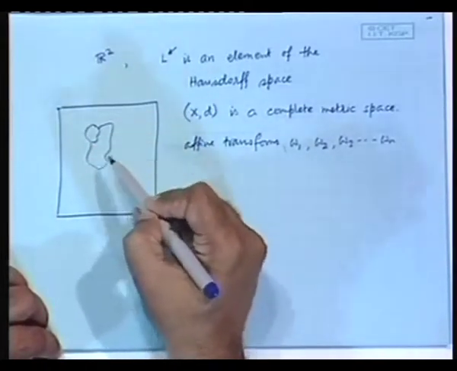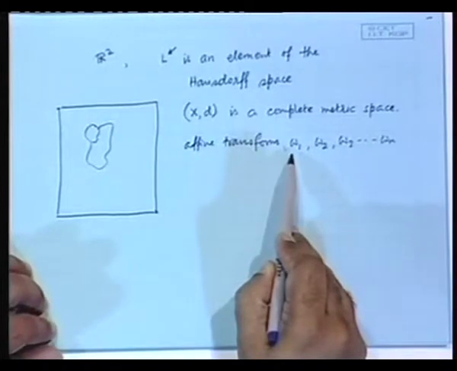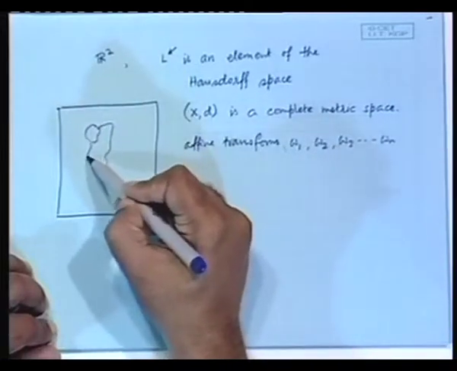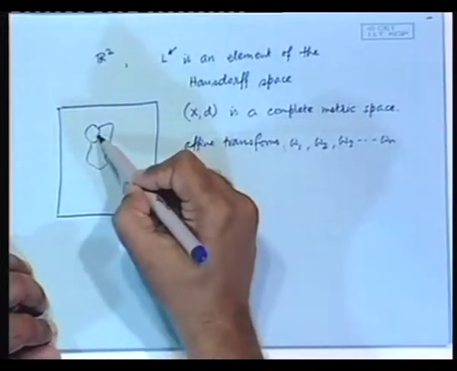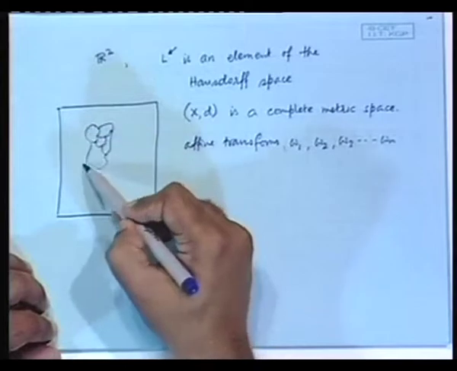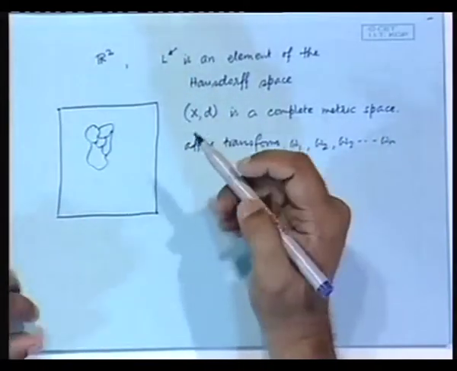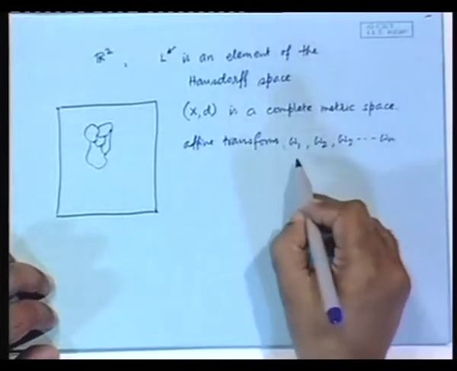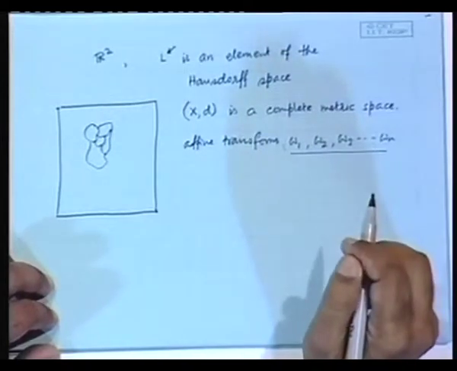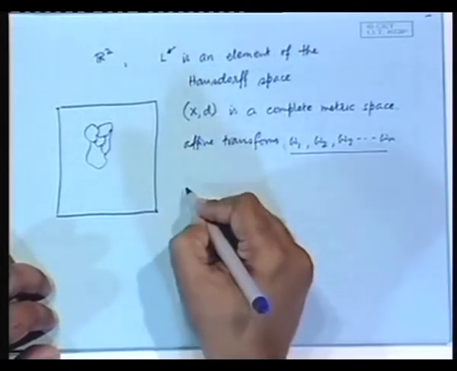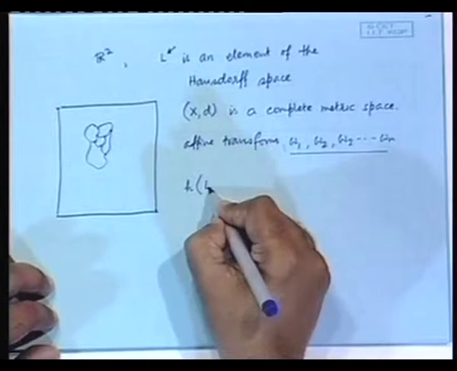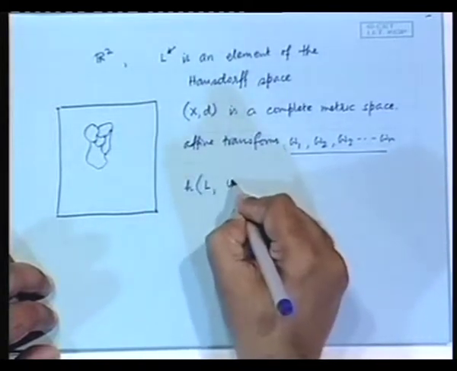So, the whole set, when operated on by the matrix or the affine transformation W1, gives a subset of the original set, W2 gives another subset of the original set, W3 gives another subset, and so on and so forth, so that their union gives me back the whole. Suppose somehow we have been able to construct such affine transforms, then the collage theorem says that the Hausdorff distance between the original set L and the union of